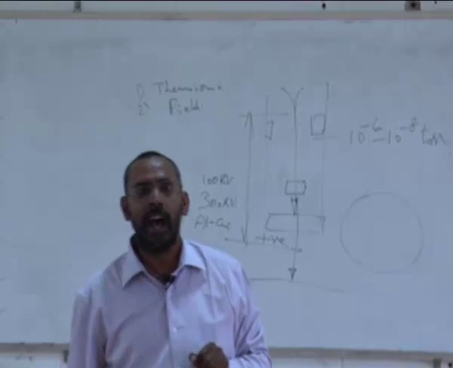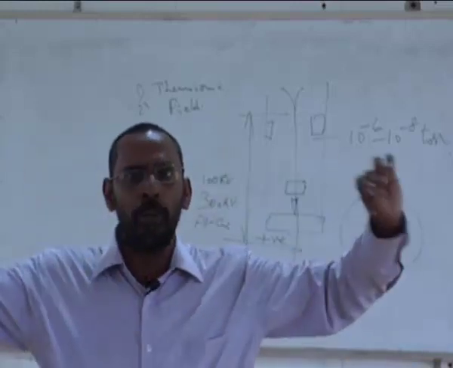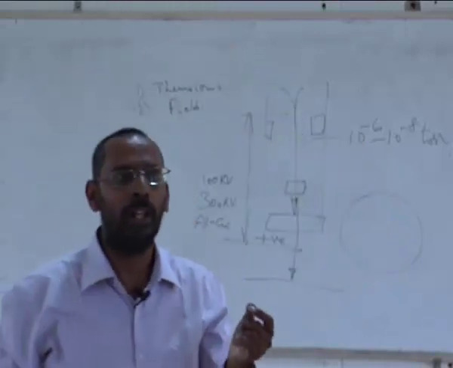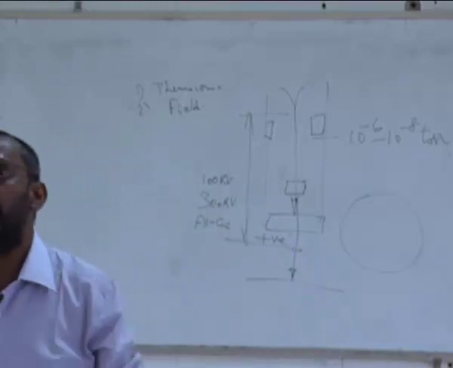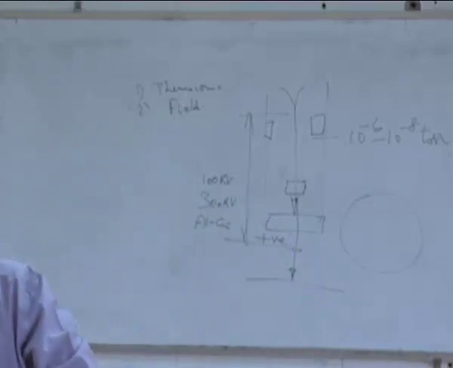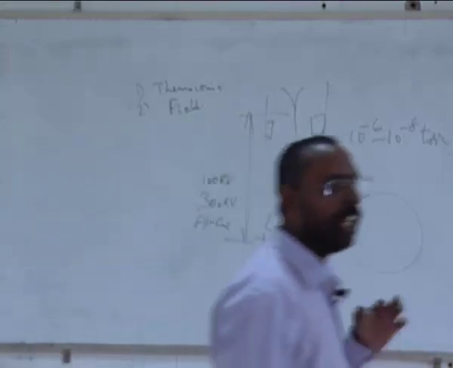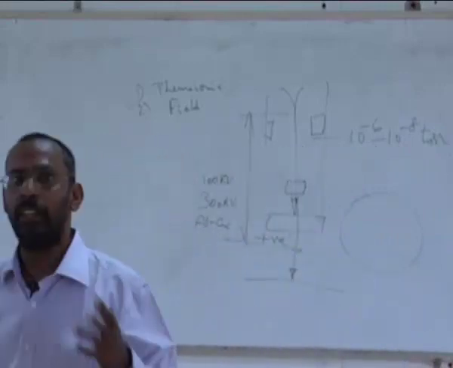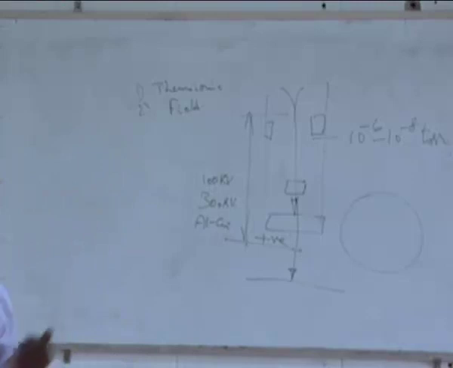So as a result, unless my sample thickness is very small, so that the total volume of the sample through which the beam is going is very small, the probability of this electron beam being scattered away by the electrons present in the sample is very, very small. For this, you need special techniques by which you prepare the sample. Let's spend a few minutes on this sample preparation techniques before we actually jump into the actual microscopy.